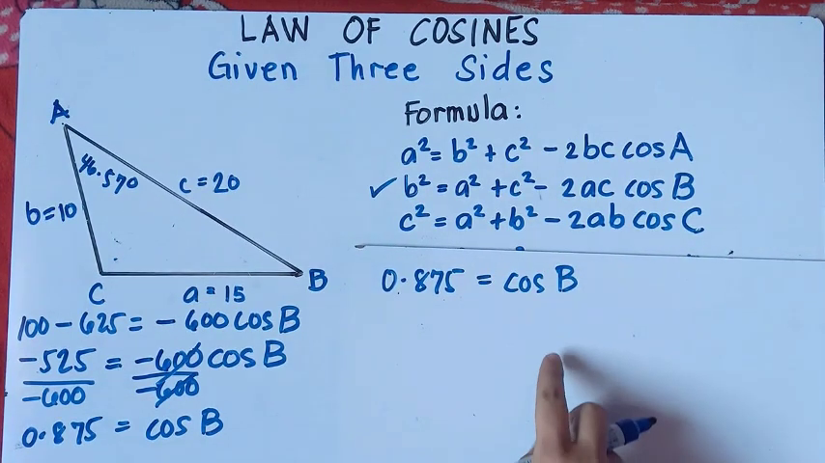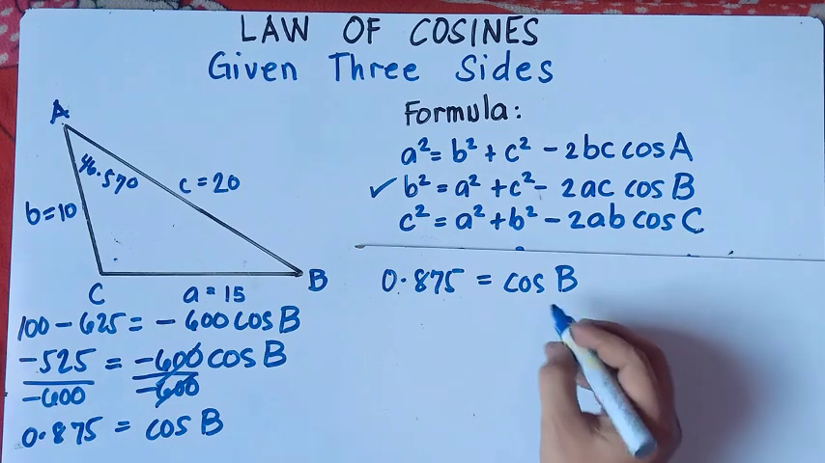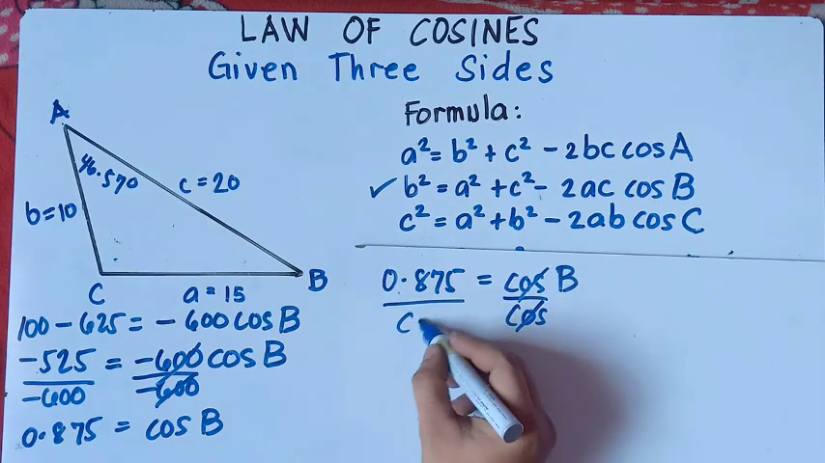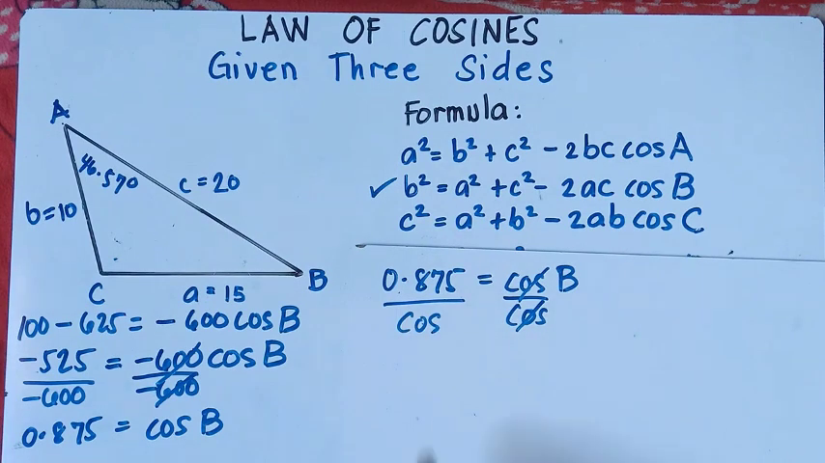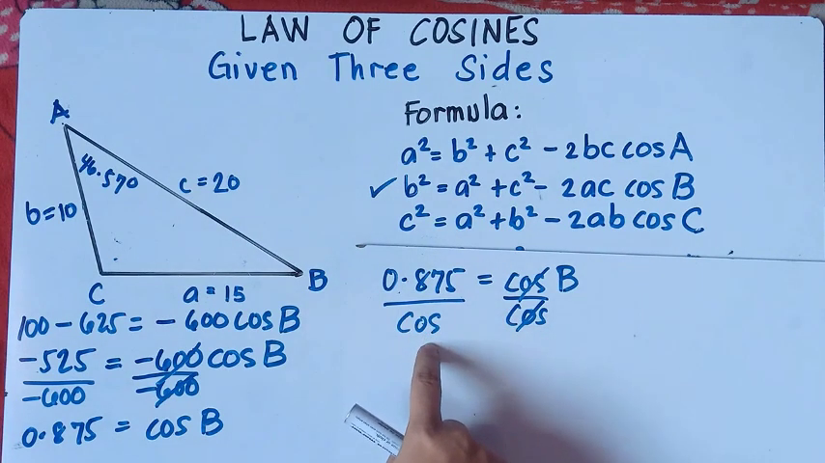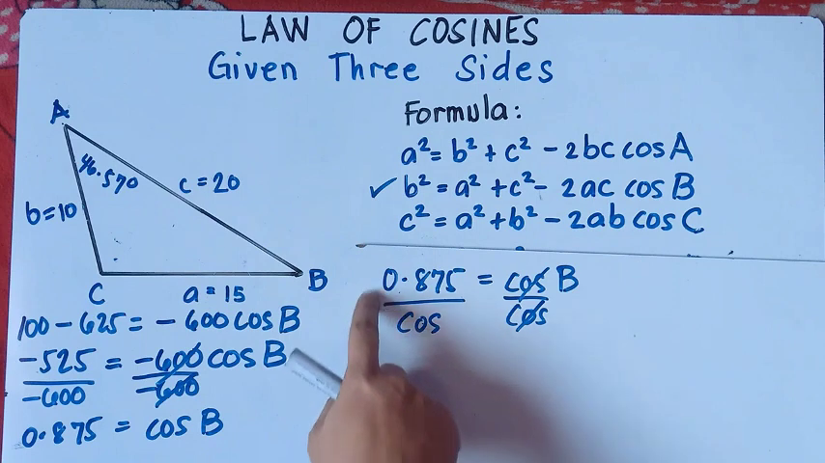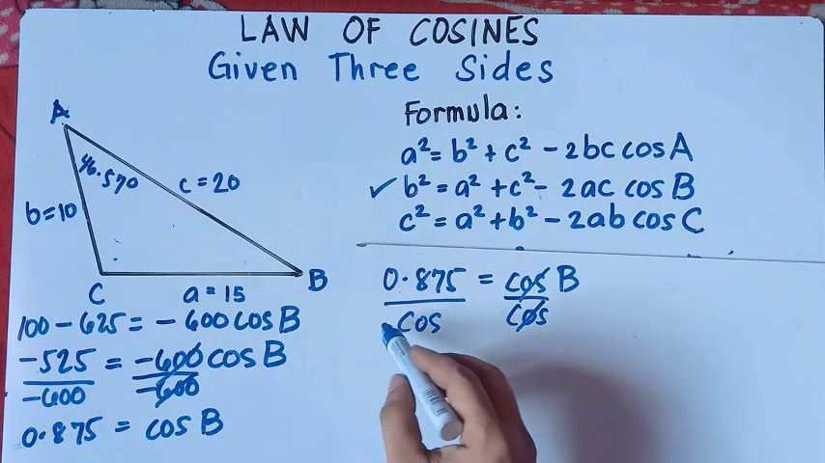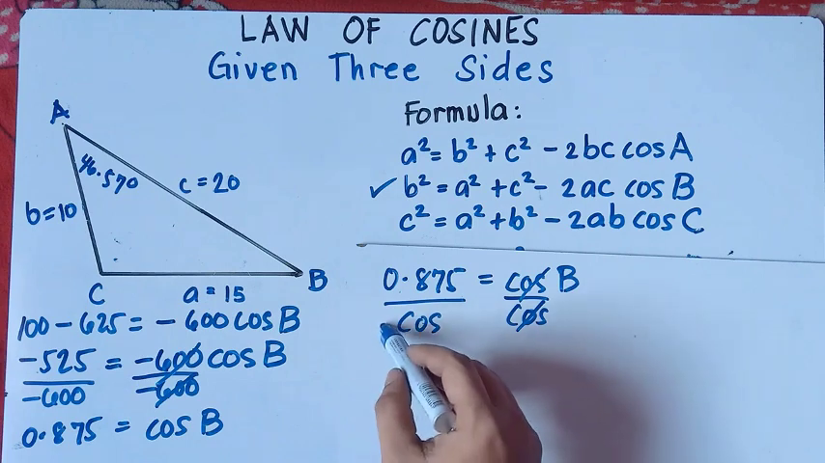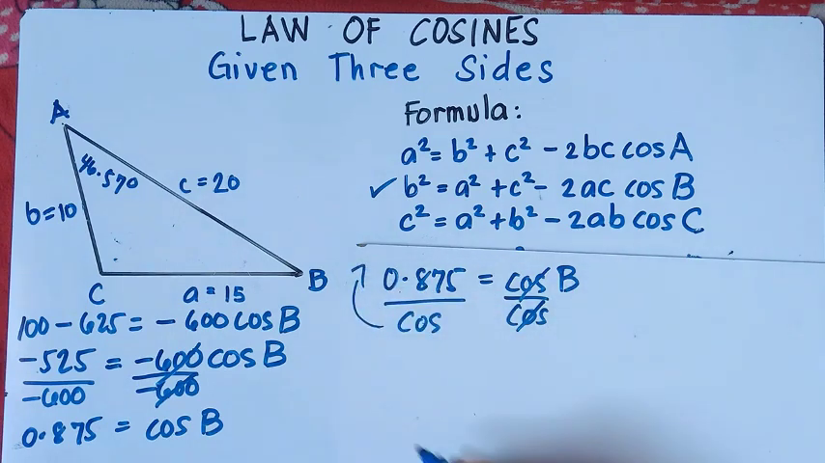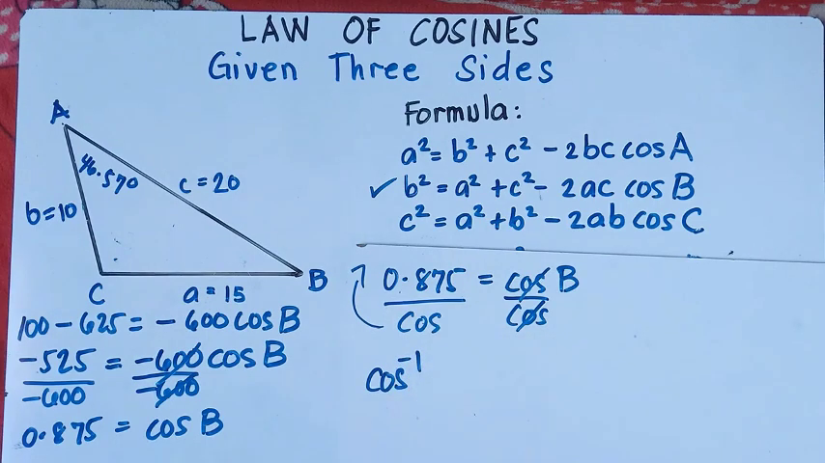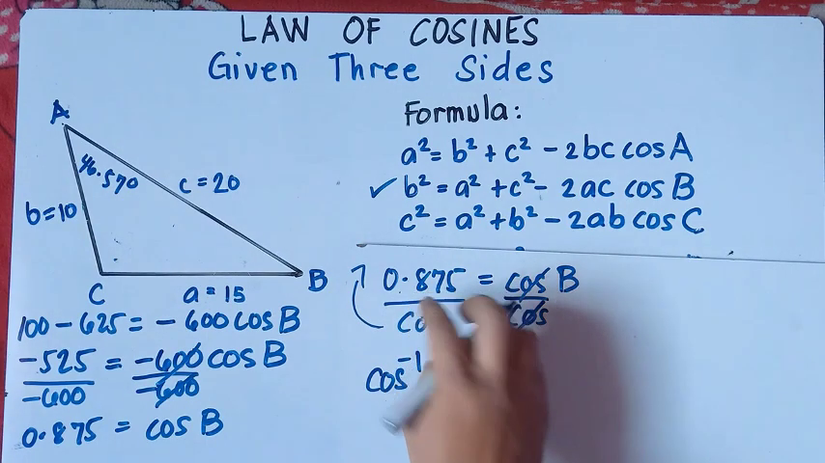So to get the value of B, divide both sides by cosine so that you can cancel this out. Once again, if the cosine is on the bottom part, you cannot divide this directly on your calculator. You will get a math error. So the thing that you will do is get the inverse of this one. You need to put this cosine on the top, and it will become cosine inverse, cosine raised to the power of negative 1. Then you just copy